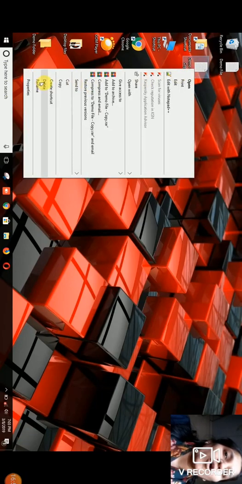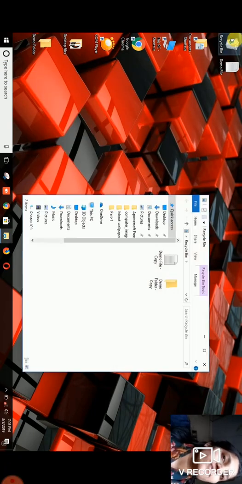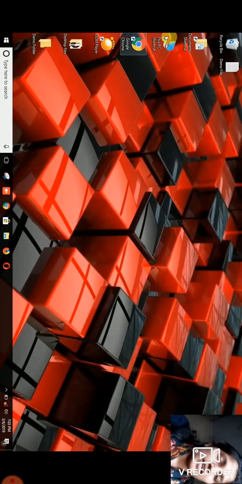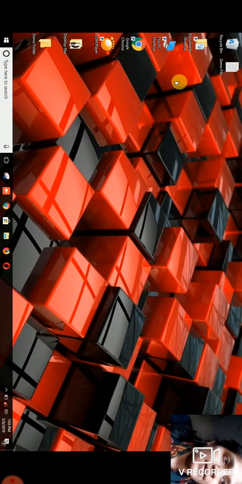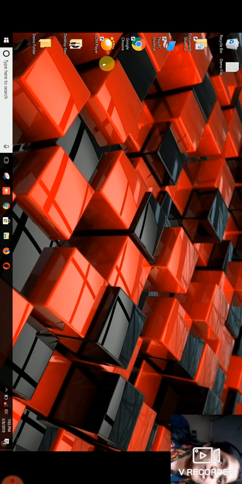How to delete the copy? Delete option. So we have to go on that file and we have to go on the delete option, so that our file gets deleted. And it also comes in the recycle bin. That means if we want to see the deleted file, or if we want it again, we can go in the recycle bin option and we can get the deleted file or folder.